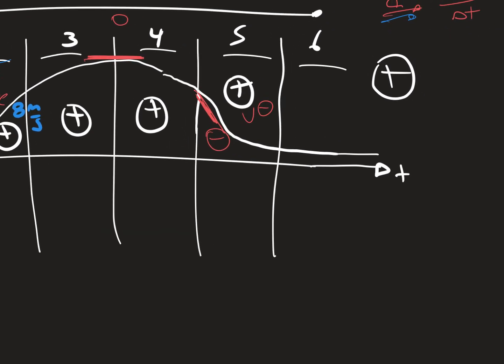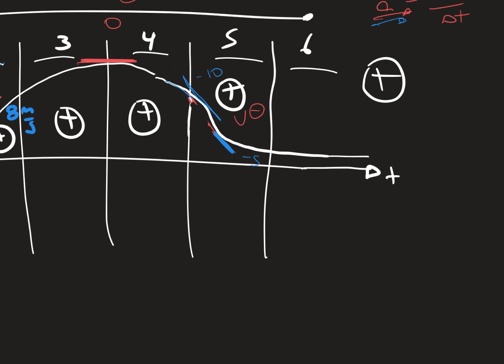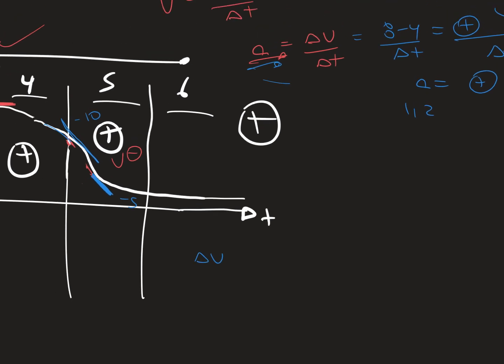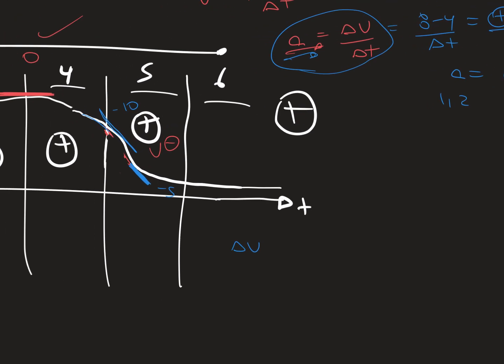So at first we said that the velocity will be negative in region 5. Let's put it in a better position. Right here would be the slope. Compared to this one, much bigger, we can say that this little velocity, let's call it -5, and this one could be -10. So if we do the following, the change in velocity according to the formula for acceleration, the change in velocity would be